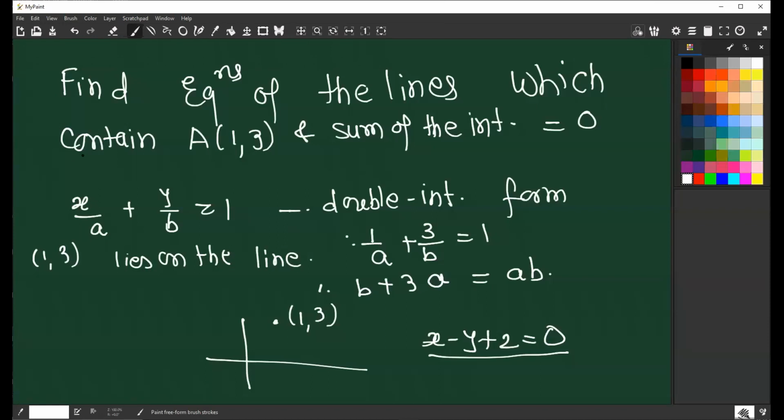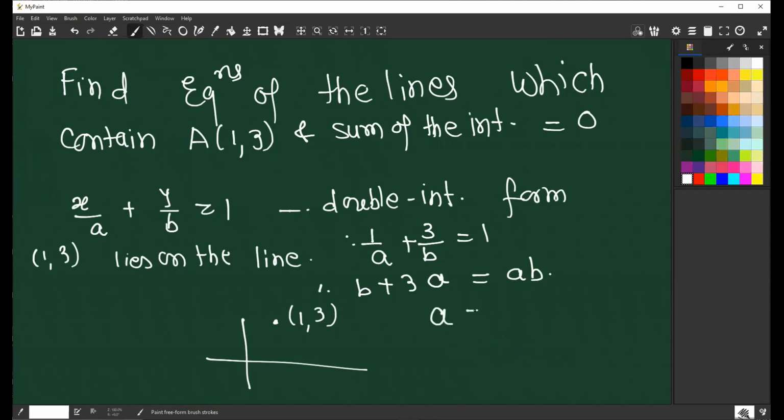Anyway, I'm explaining. See, I'll explain from the beginning. X के जगह 1, Y के जगह 3, because the line contains this point, मतलब point is on the line. So X के जगह 1, now Y के जगह 3. Correct? So यहाँ आया LCM AB. So B plus 3A upon AB आएगा, cross multiply करके ये आएगा. Correct? तो अभी, see, I will cancel the answer. I'll show you how I get this answer. हाँ, एक मिनट. हाँ, ये गया. अभी B plus 3A is equal to AB आया.